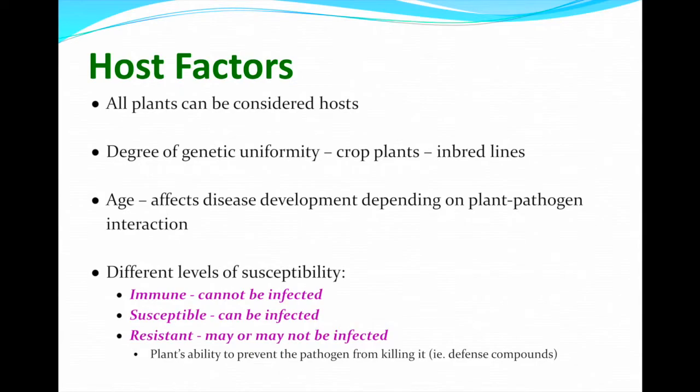We've got our environment, we've got the pathogen, let's say, that's widespread. But what if we can plant a host that's immune to that particular pathogen? Or one that's resistant to that particular pathogen? Maybe it becomes infected, maybe it doesn't, but it's not going to be killed. It's not going to become malformed. It's not going to malfunction and become diseased. So you may see these types of words on some of the plants that you pick up or some of the seeds, and it gives you an indication of the fact that we're taking advantage of the fact that particular pathogens are not going to have a serious impact on that particular cultivar.